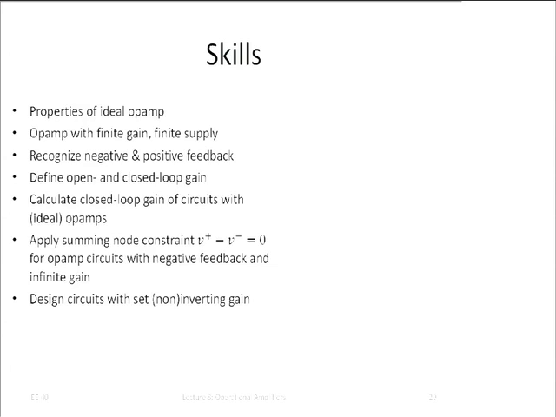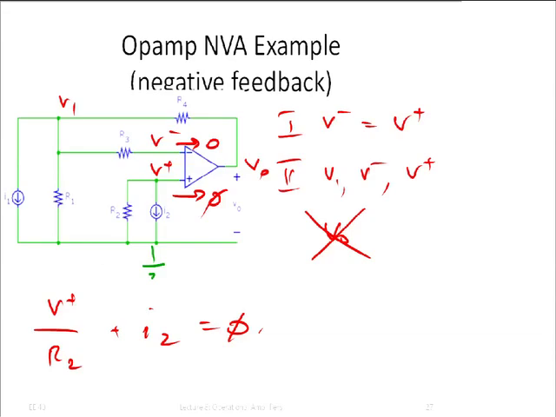And we did a couple of examples with that. I would like you to be able to do that also. If I tell you in a circuit that the gain of that operational amplifier is not infinite, then you should still be able to analyze it. Be careful. In that case, if the gain is not infinite, this is no longer true. Right? If the gain is not infinite, we saw that